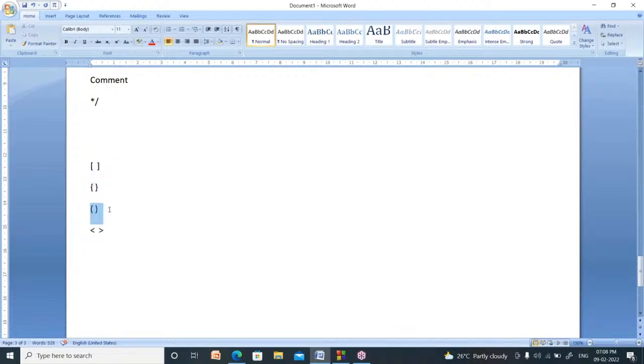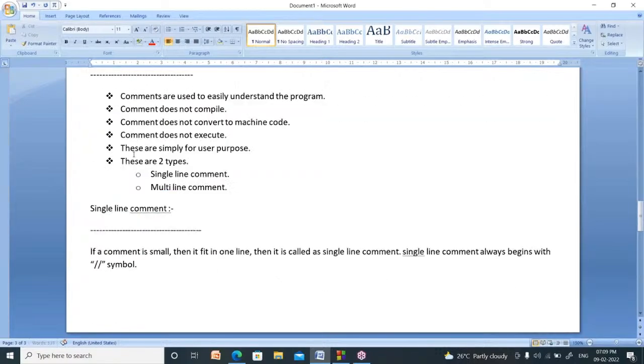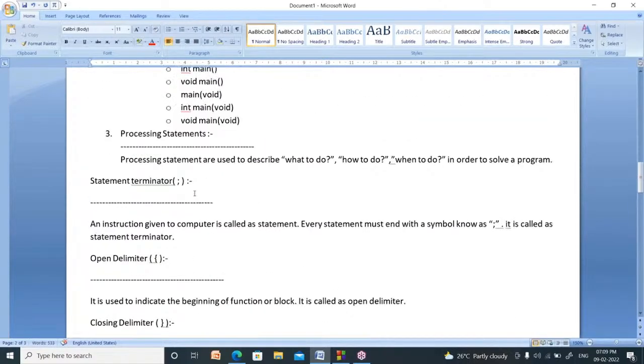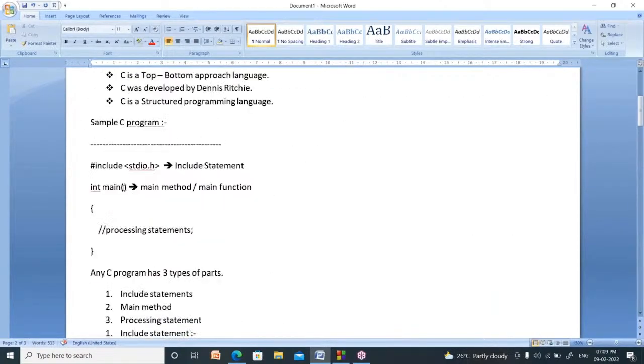Now what is the use of this symbol? This symbol is called the function symbol. It is used to indicate a function or method. So here, after main you used this symbol, which means it is called the main function.